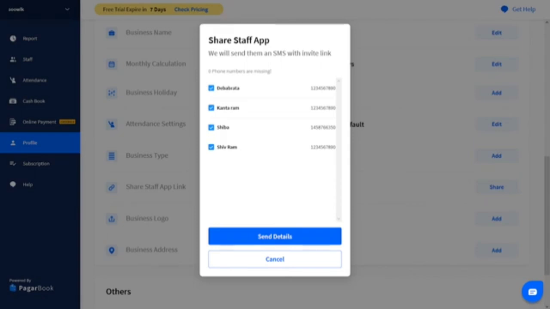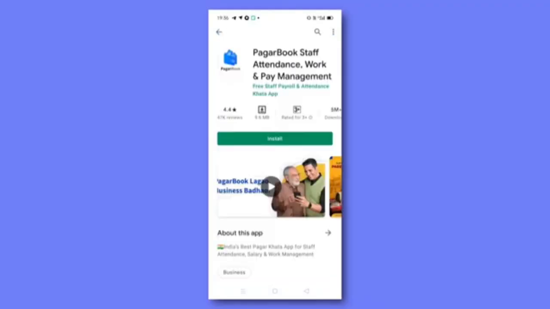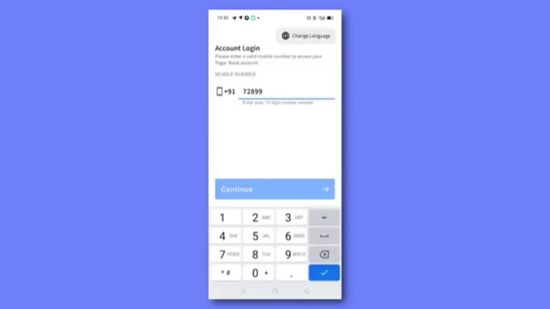Make sure that you have added the staff's phone number because the link will be sent to them on this number and they will be required to log into the app using this number. Click Send Details once you have selected the staff. After this, your staff will receive a link to the app via SMS. Ask your staff to download the app using this link and to log into the app using the number where